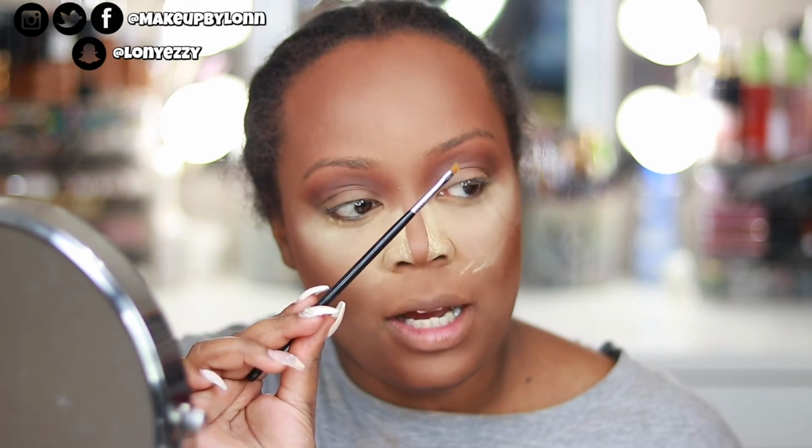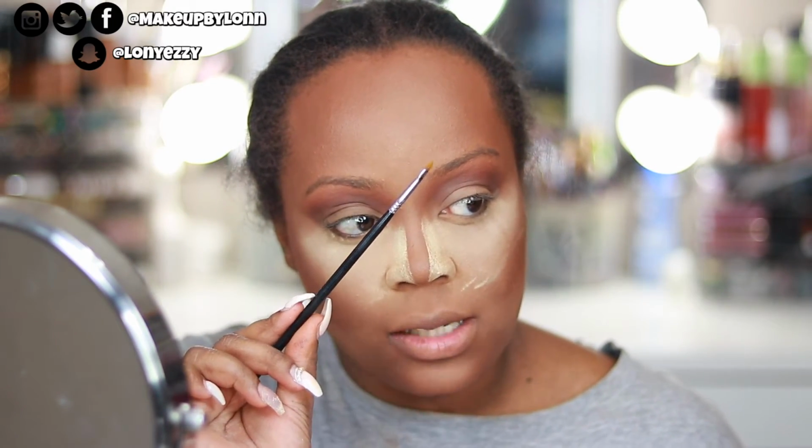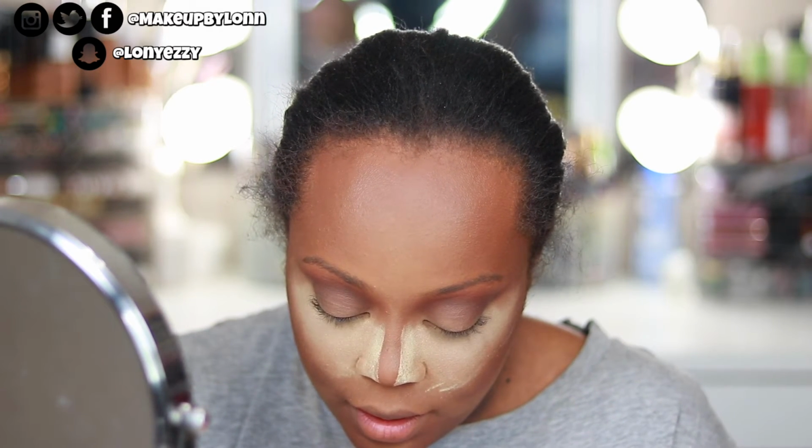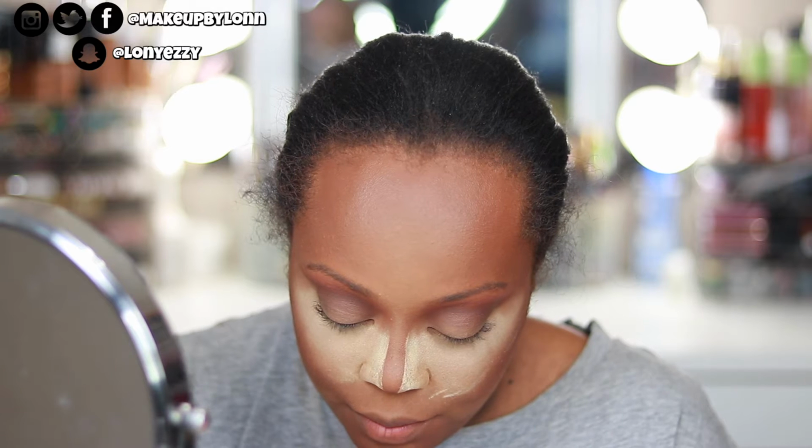So now for the fun part. I'm going to take the ColourPop gel eyeliner. This is in Crybaby. It's a lavender, so pretty. Love, love, love. And this is a Sigma winged liner brush. It's very small, very pointy. What I'm going to do is load this brush up,